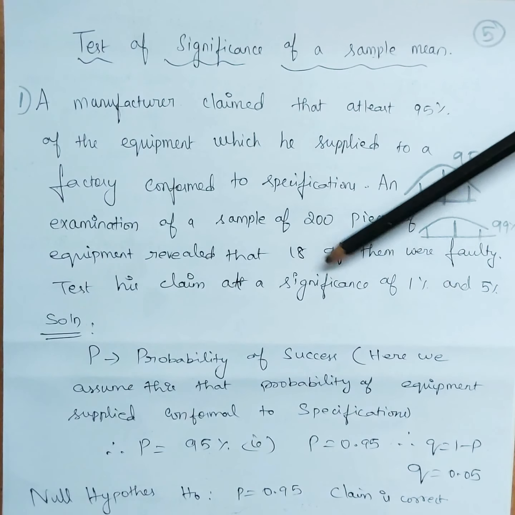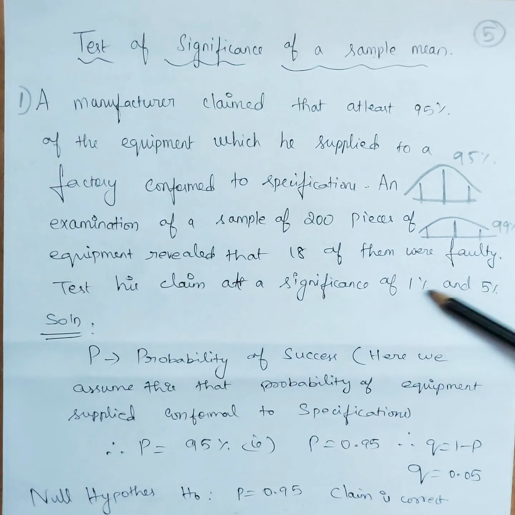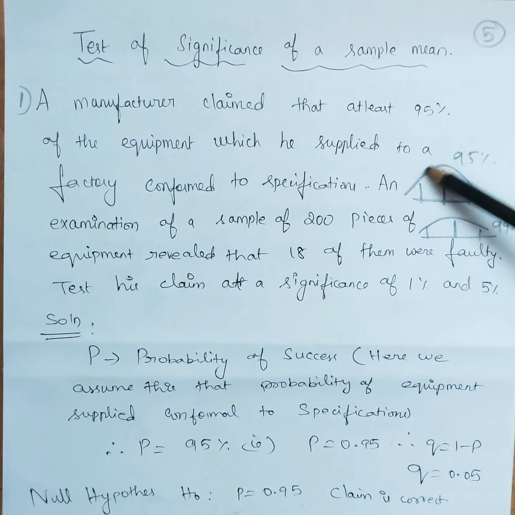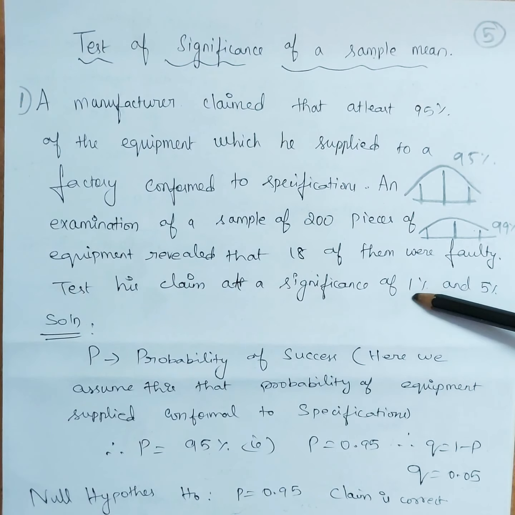Okay, so I just want to tell you about 1% and 5%. Already I told you. So this is the curve. Whether we are going to do one tail or two tail. If it's a two tail, we'll check on both the sides. If it's a one tail, we'll check on only one side. So this 95% is the region where we will not reject the hypothesis. So if the answer falls outside the region, we'll reject the hypothesis. Here this is 99% acceptance. So that is what they have given. This is 1% significance level and this is 5% significance level. They are asking you to check in both. Okay, so this is the thing about 1%, 5%.